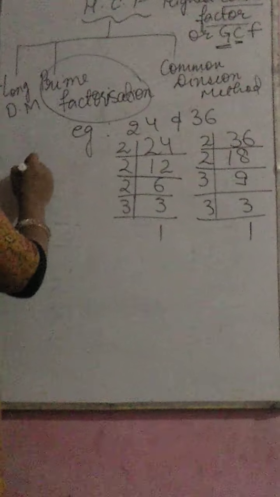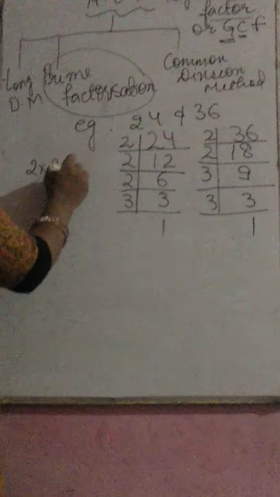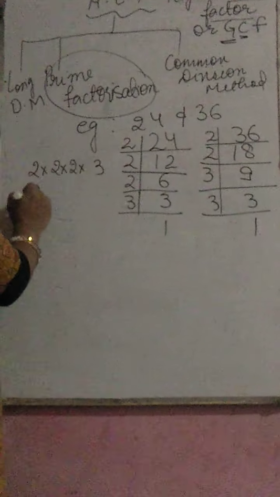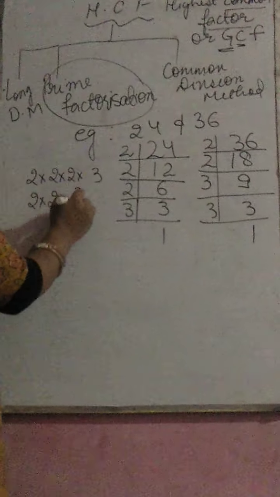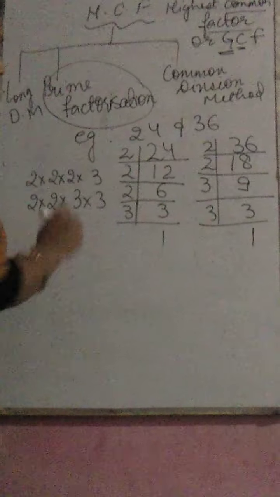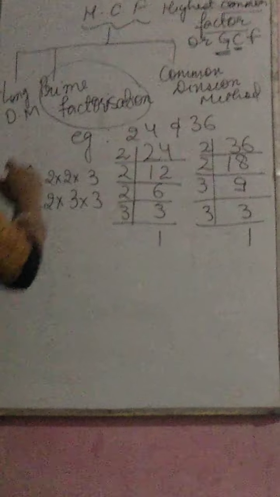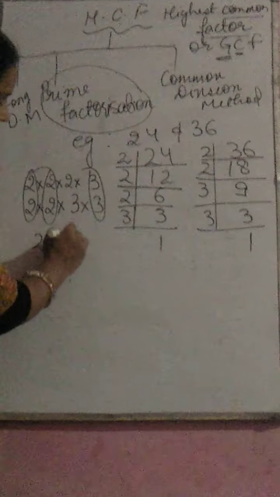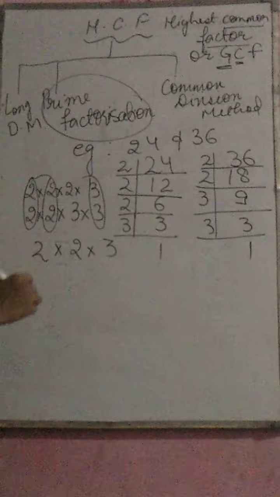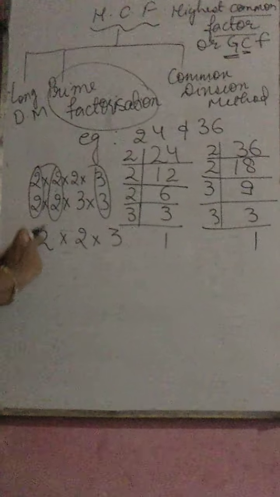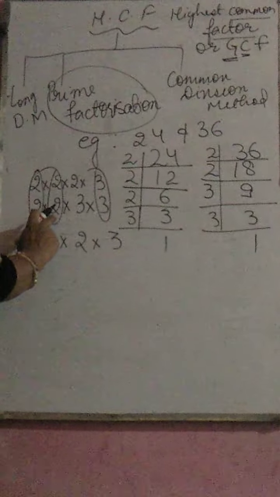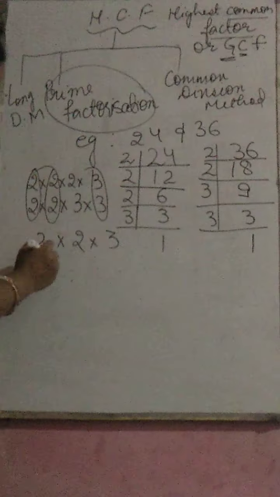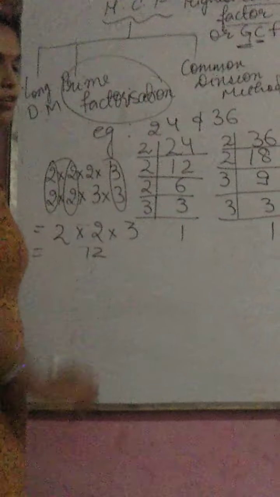Now what you will do, children, is write the prime factorization of 24 and 36 in columns so that you can find the common factors in them. This is your common factor, 3 is your common factor, and again here 2 is my common factor. The numbers that are common, I am writing separately. In place of these two 2s, I am writing one 2, then here 3. So your HCF for 24 and 36 comes as 12.